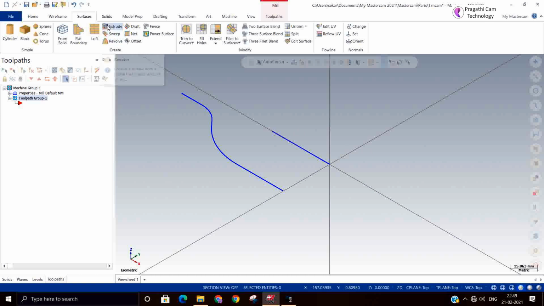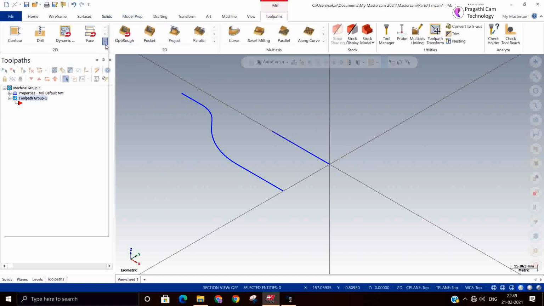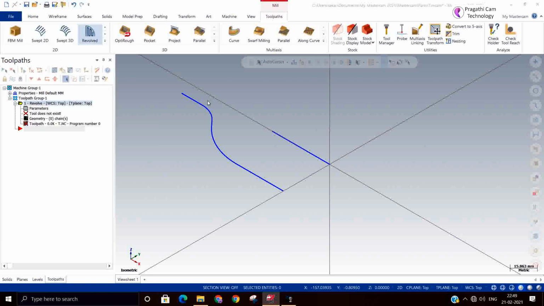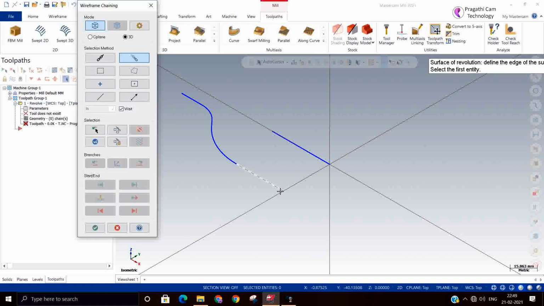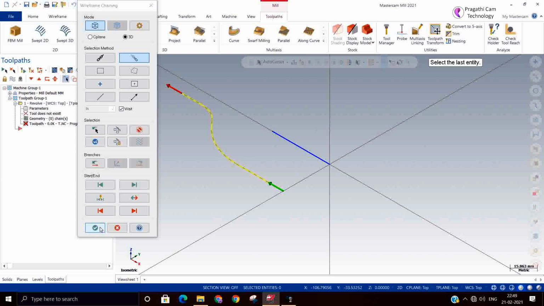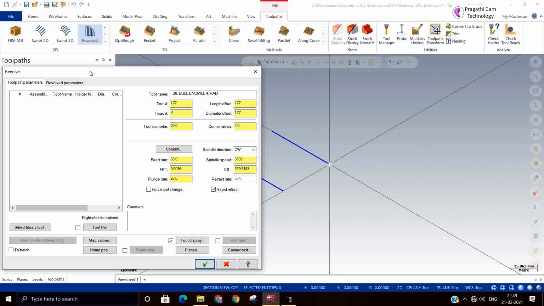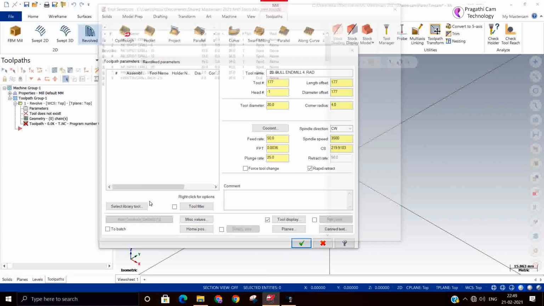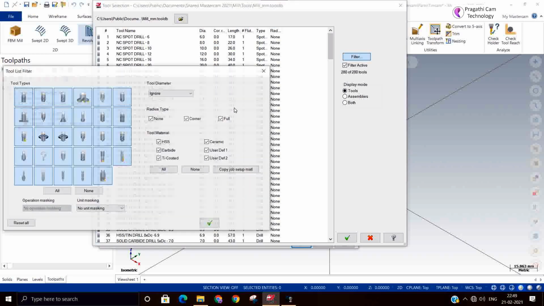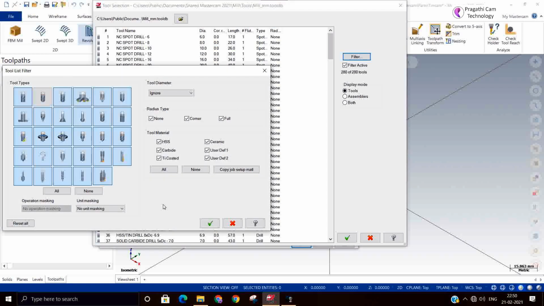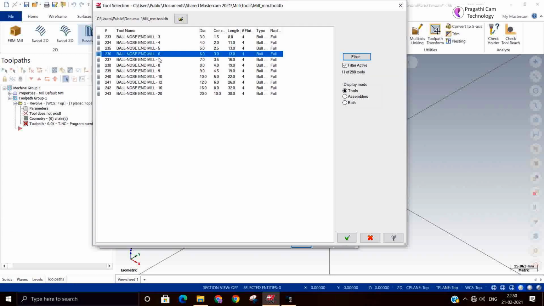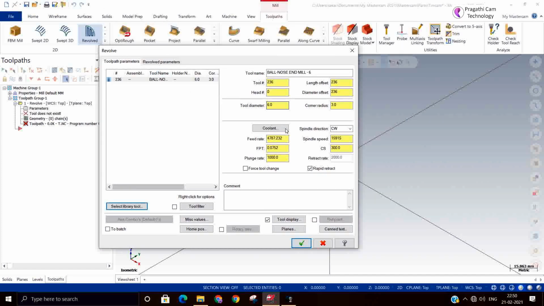So now I'll go here, toolpath, revolve toolpath is selected. So I'll select my chain now. Okay. Axis of rotation is the axis I just selected. Now we can go to tool. This is also a surface kind of situation. So you can take a ball mill or bull mill. You cannot take the flat mill. I have taken a 6 ball end mill because it's similar to cutting a surface.